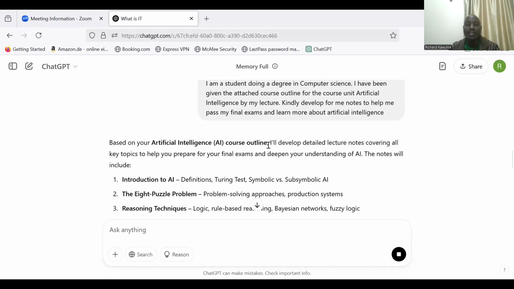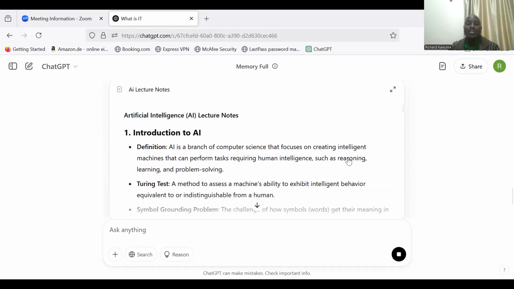It makes it bold. I'll develop detailed lecture notes covering all key topics to help you prepare for your final exams and deepen your understanding of AI. Remember, those are the words which we said. We told it we want to pass exams, but also want to understand more of AI. So it says